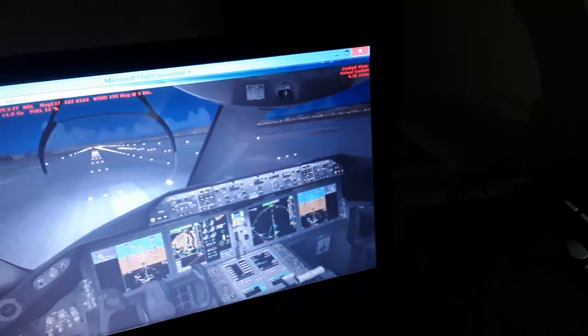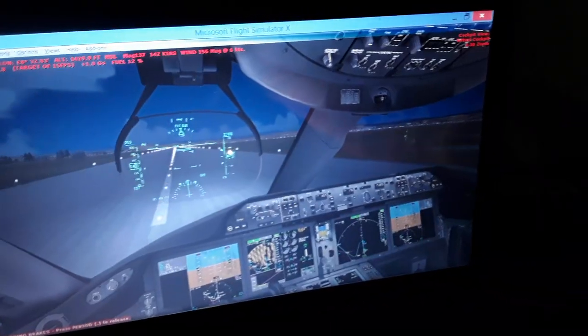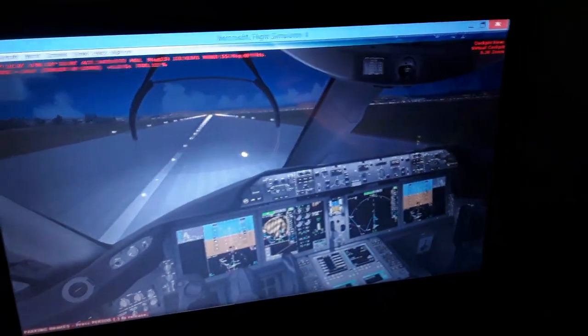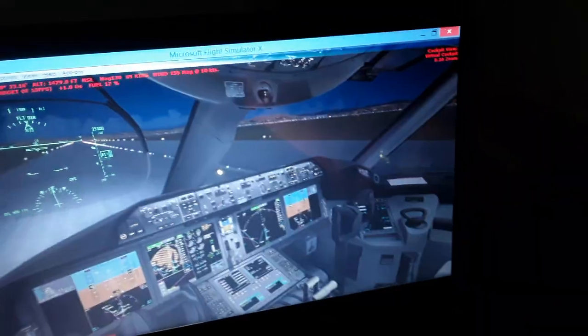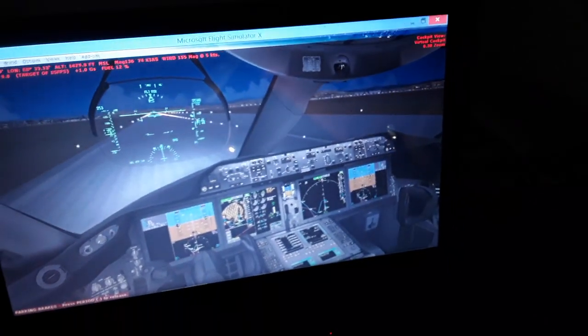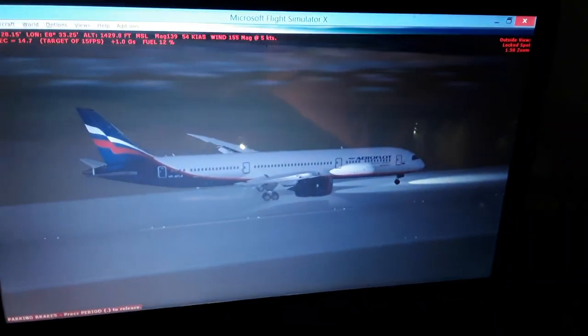So parking brakes and idle. Thrust reverse over here. Full thrust reverse. And align with the center line, as you can see. So we have a few more seconds actually. So you see the aircraft is slowing down over here. We have the thrust reverse. Only align with the center line. All landing gear is perfectly